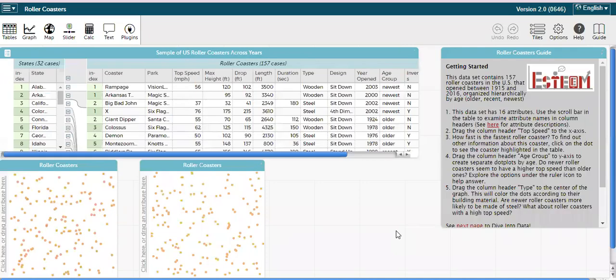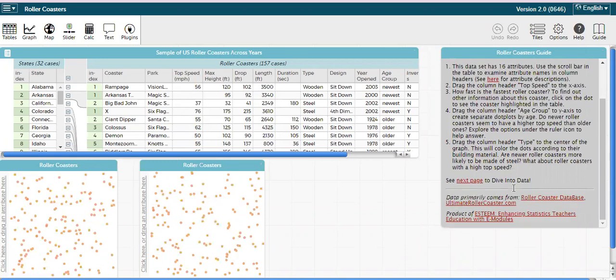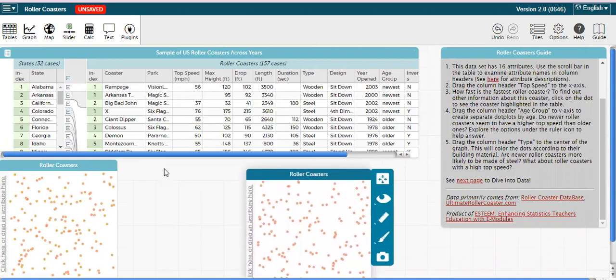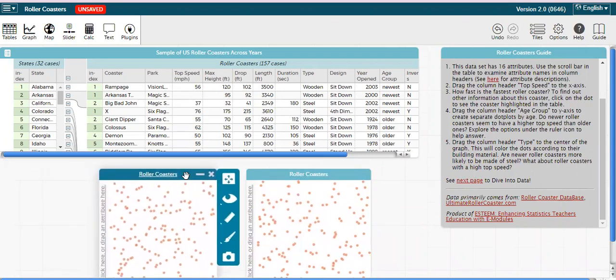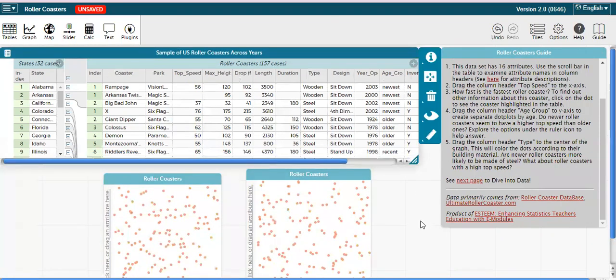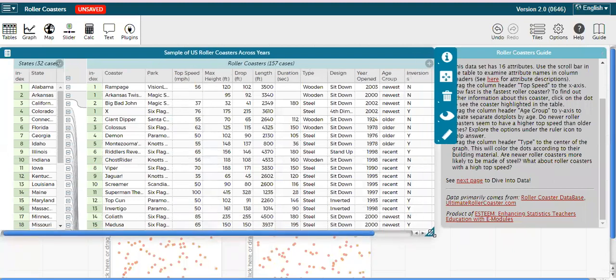When we open our workspace, we can see that we have a table, 2 empty graphs, and a text box with questions. In CODAP, we are able to drag and drop each window as well as resize. Here's my table, a sample of US roller coasters across years. There are many attributes in this table, such as park, top speed, max height, drop, length, duration, type, design, and